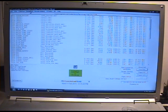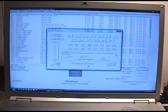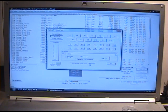One of the handy features of the SoundLoader program is a function called Sound Test, and when you open that up, it allows you to test the sound functions of the decoder without actually running it on the track and at the lower power settings. Okay, as we can hear, it is making some steam engine noises. That is the generic steam diesel sound project that comes with the decoder from the manufacturer,